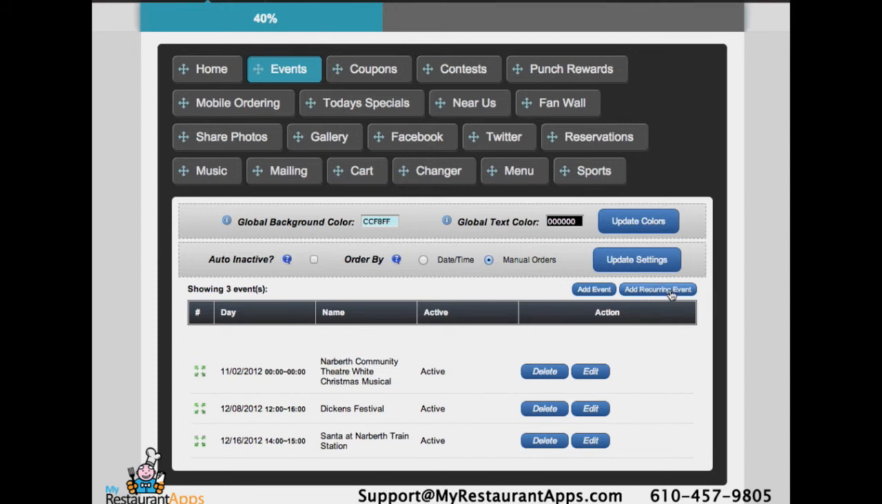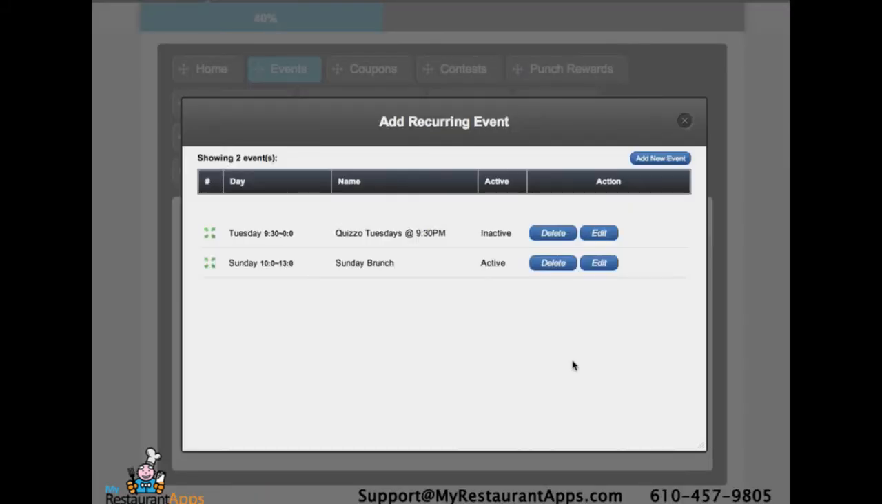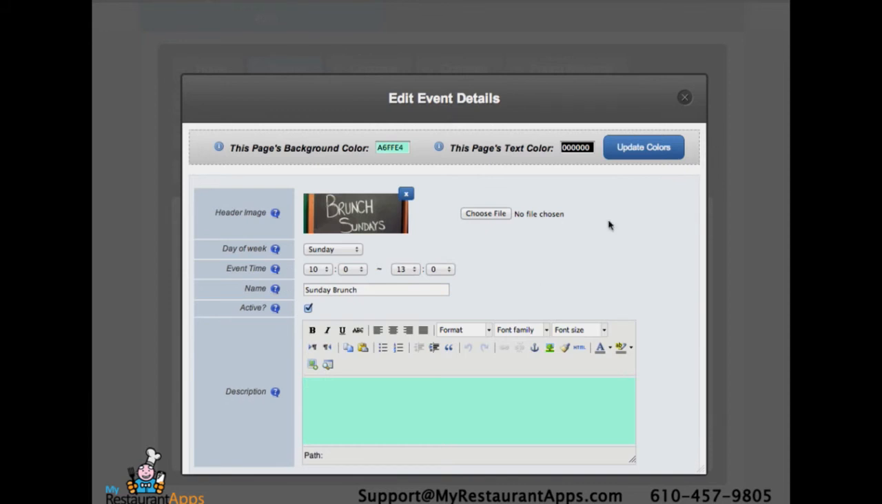Let's talk about a recurring event. Recurring events are different from one-time events in that they recur the same day and time each week. I'll show you an example here. We're talking about Sunday brunch. And here we have a couple things. We have the pages, which is the events page background color and text color. You can set that here just by clicking on it and then dragging the cursor around to whatever color you'd like,